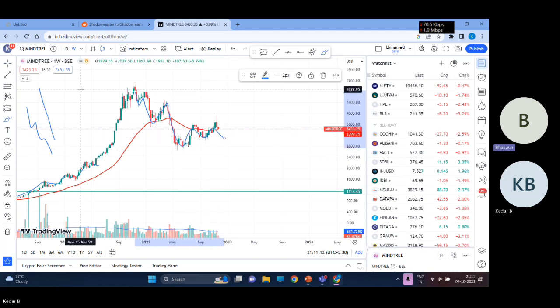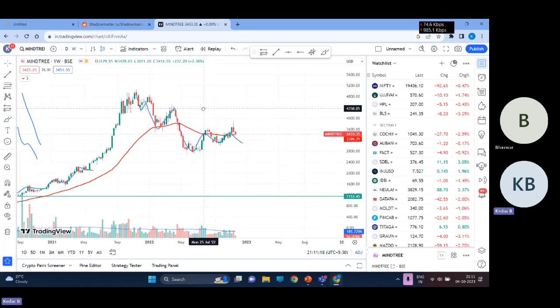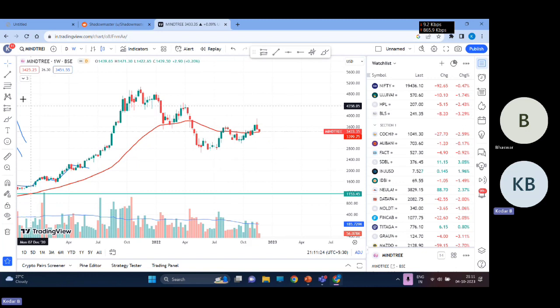I think this has entered into a downtrend because it is making lower highs and lower lows. Yes, very good, exactly. It's in a downtrend now. And when it's in a downtrend,